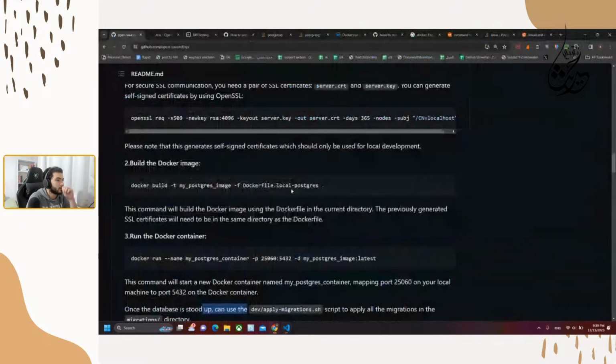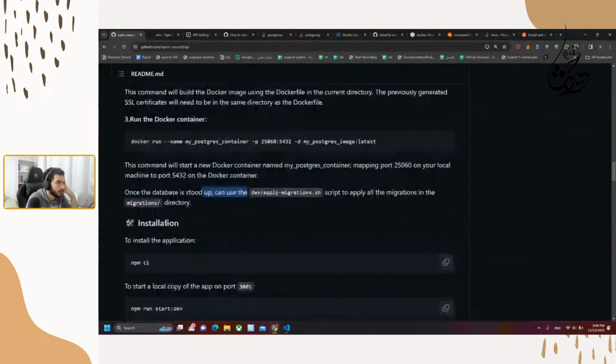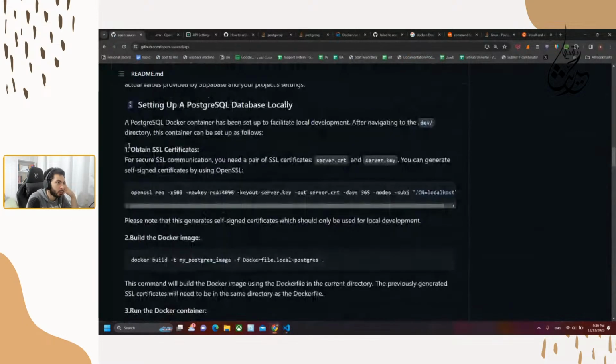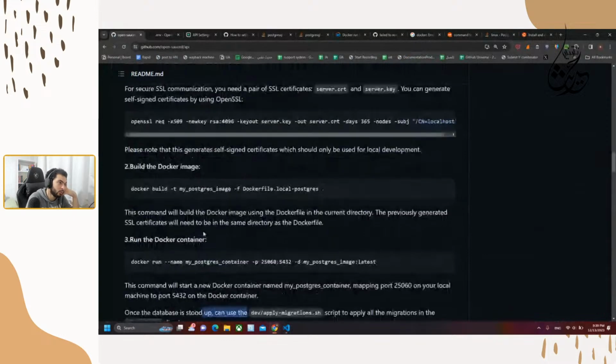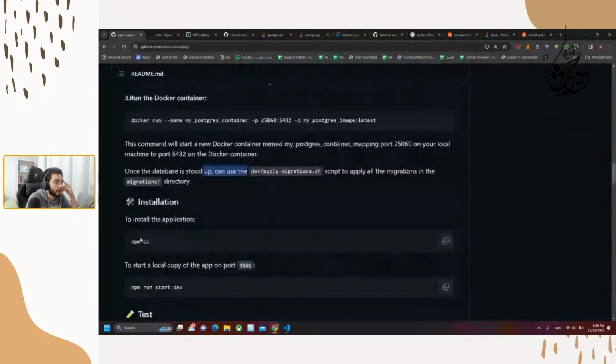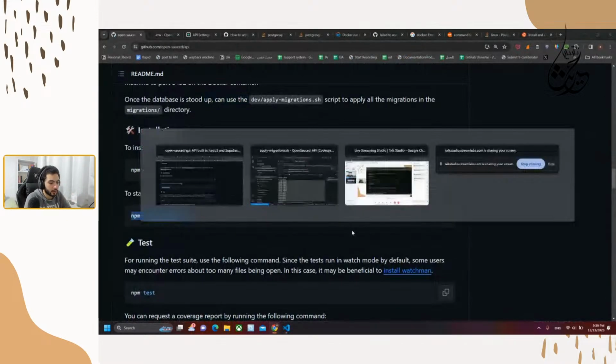Let's just go again with this. Script to all migrations directly installation. I think this could be steps here instead of just having obtain SSL build, and we could have like 5 steps, which could have better visibility. Then we need to install this, run that dev. So I think right now that